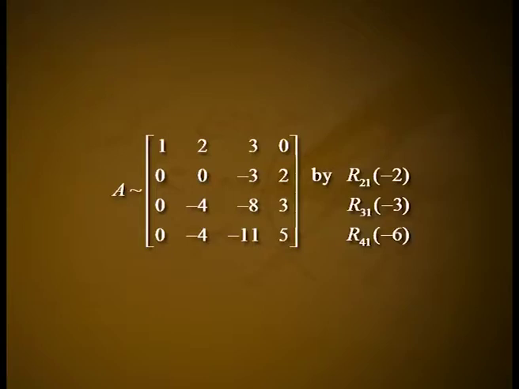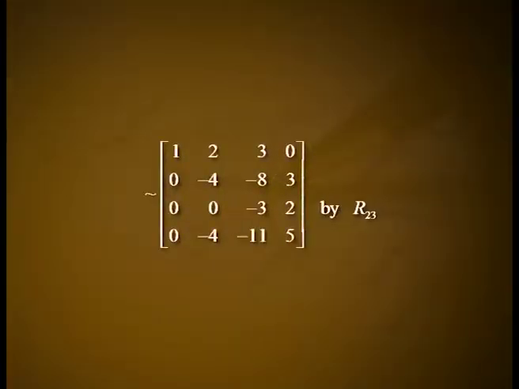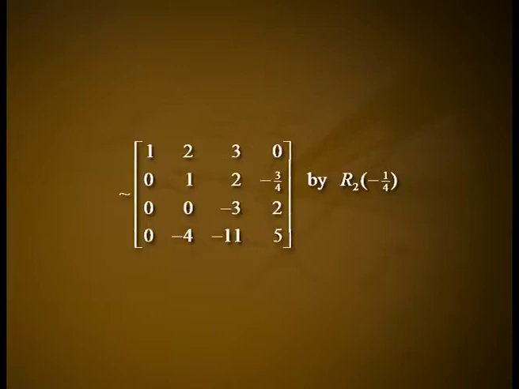...by R2 minus 2R1, R3 minus 3R1, R4 minus 6R1, which is equivalent to matrix [1 2 3 0; 0 -4 -8 3; 0 0 -3 2; 0 -4 -11 5] by R23, which is equivalent to [1 2 3 0; 0 1 2 -3/4; 0 0 -3 2; 0 -4 -11 5] by R2 times minus 1 by 4, which is equivalent